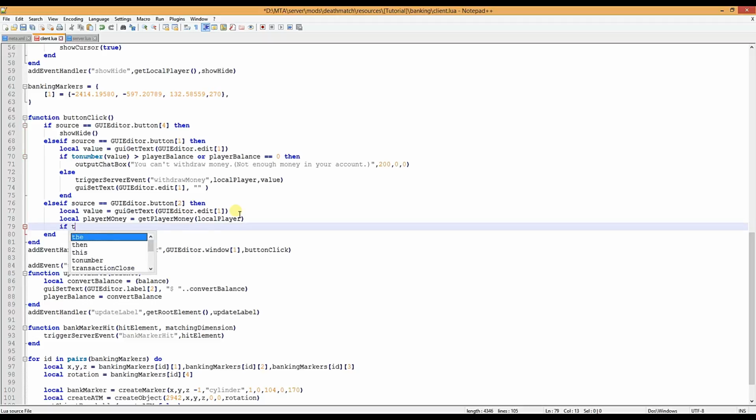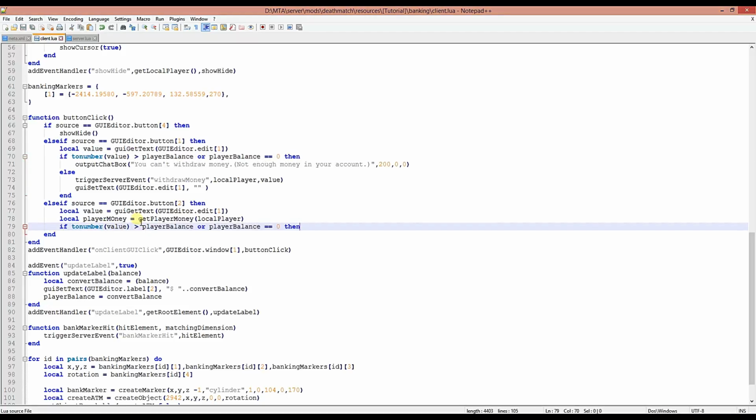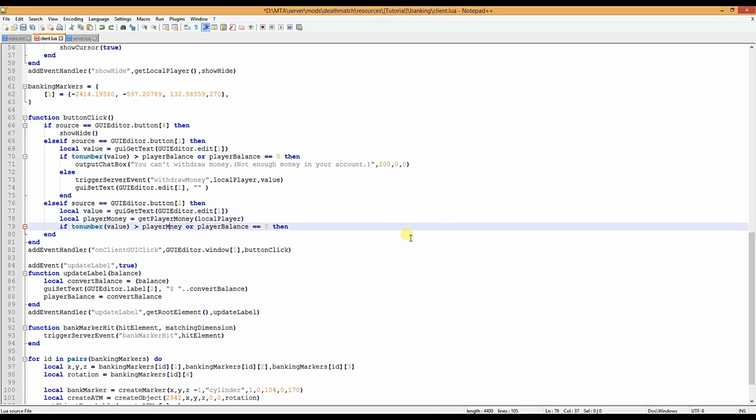So again the same condition, but now it will be: if value is greater than player money, or player money is equal to 0, then